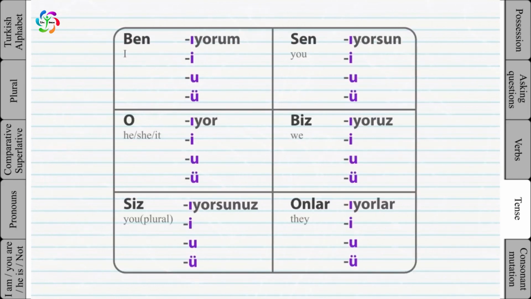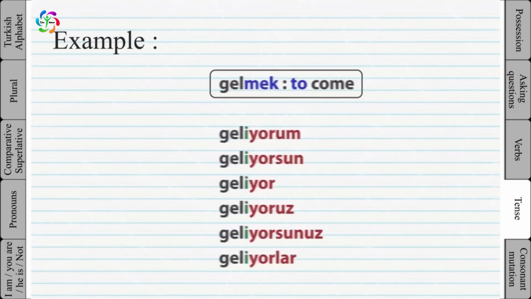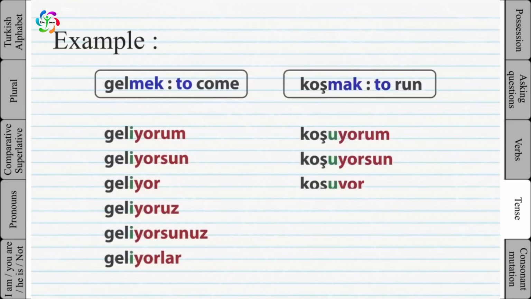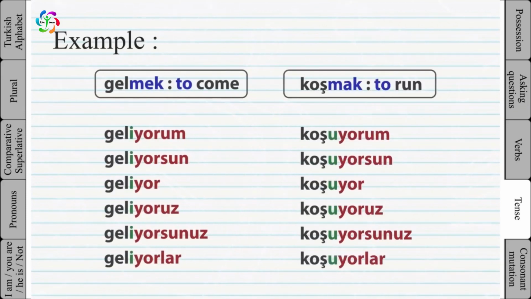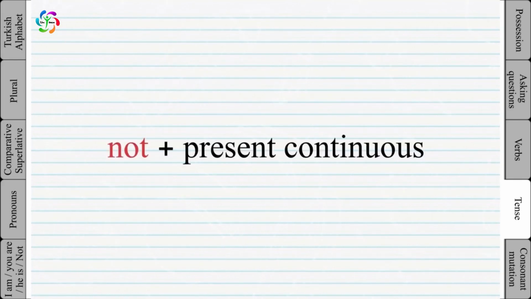As you can see, the only thing that's changing is the vowel in front of the yor. The yor itself is not affected by the vowel harmony rules. Let's look at a few examples. And you will notice that the only thing that is changing is the first vowel of the tense. To make the present continuous tense negative is super simple. You only have to add the letter M after the verb root. Example: